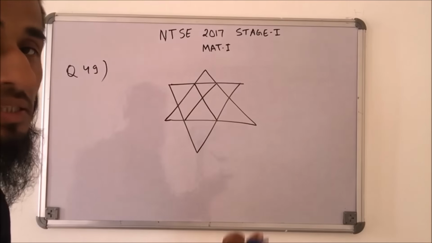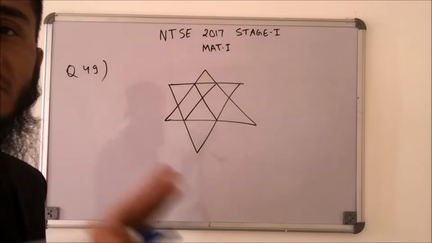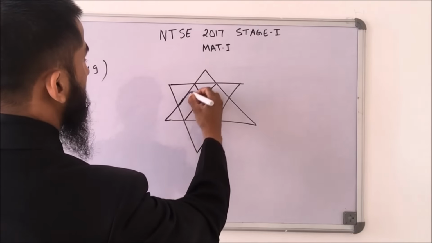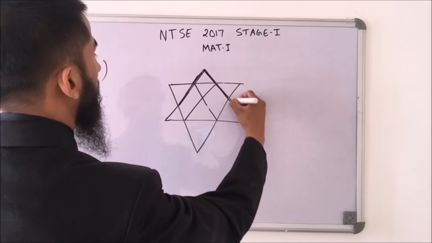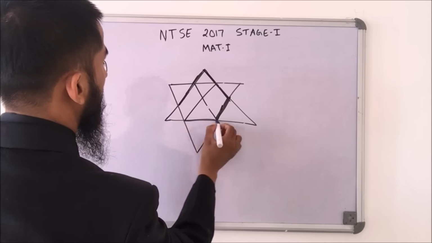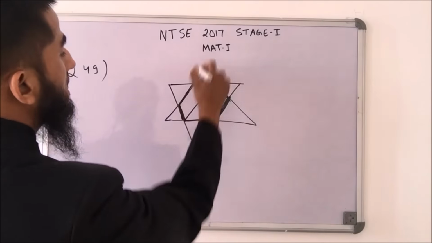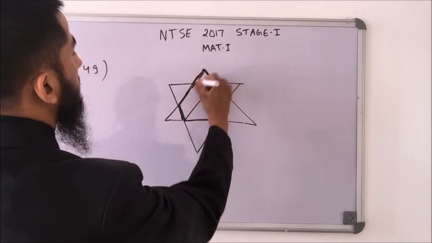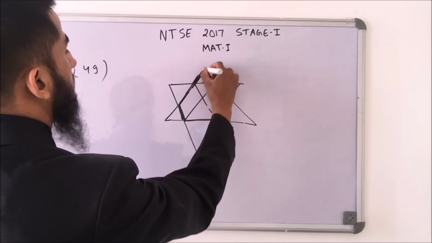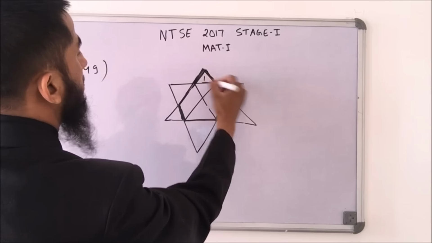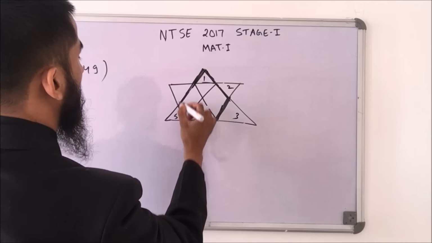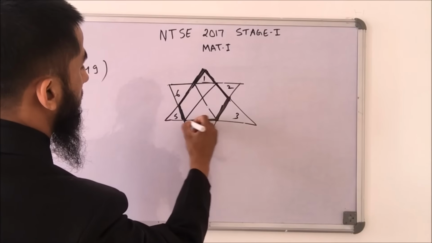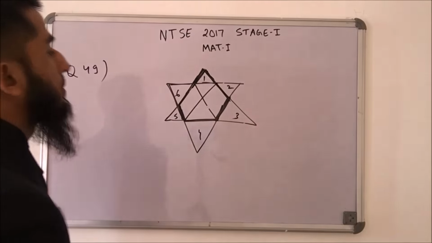Here we find out the number of pentagons from this figure. Pentagon means a 5-sided figure. So we can see how we can get a 5-sided figure. One figure is this one. 1, 2, then 3, then 4 and this 5. So only this shape is giving us a pentagon, no other shape is giving a pentagon. So we have to find out these shapes. So this triangular part which is coming out is forming one pentagon. So we will have 1, 2, 3, 4, 5 and 6. There will be 6 pentagons. For example, this one will be like this. So each of these triangle parts which is coming out is forming a pentagon.